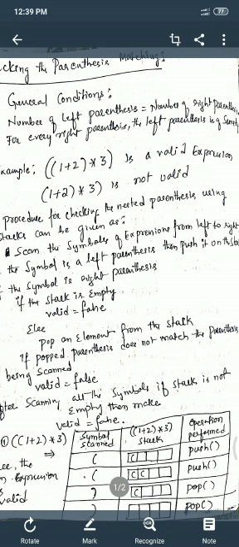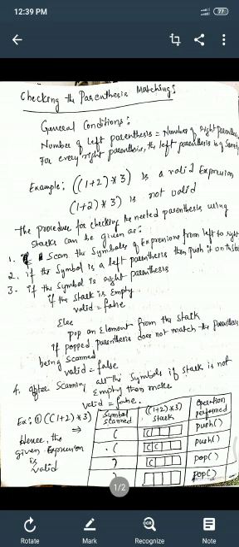The second step says, if the symbol is a left parenthesis, then push it onto the stack. The third step says, if the symbol is a right parenthesis,